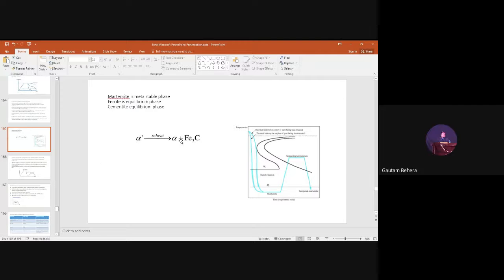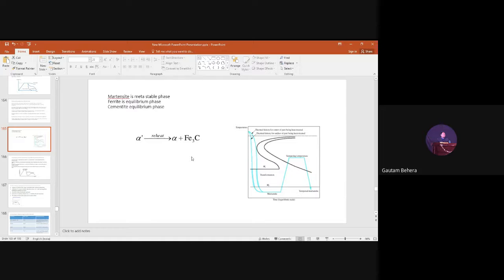And another point: suppose you want to use your hardened steel at a low temperature, for example below 100 degrees centigrade. The application temperature is below 100 degrees centigrade, and there is no impact loading. You need only wear resistance, for example. So there is no need to do much tempering. A 100-degree tempering is enough. That means the steel has martensite, right? It may have epsilon martensite.